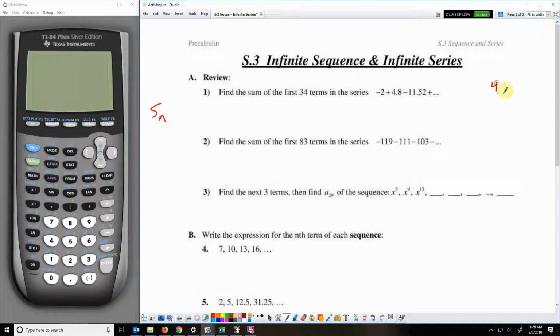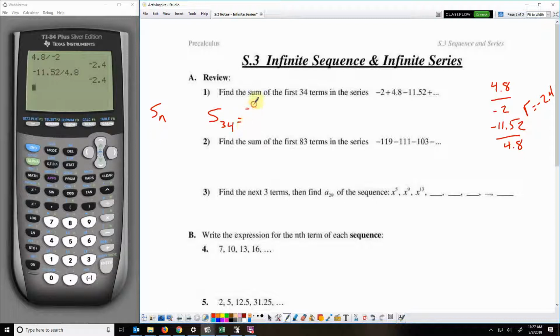So we can try 4.8 divided by -2 and -11.52 divided by 4.8 and see if those are going to be exactly the same. We get -2.4 both times, so we have a common ratio of -2.4. Okay, so we are doing a geometric series, and we are finding the sum of the first 34 terms, so